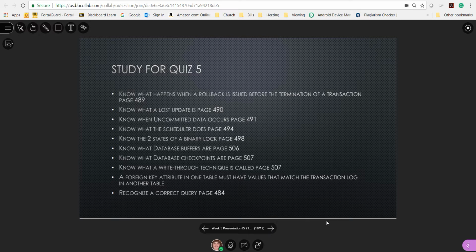Study for the quiz for week 5. Know what happens when a rollback is issued before the termination of a transaction. That's on page 489. Know what a lost update is, page 490. Know when uncommitted data occurs, page 491. Know what the scheduler does, page 494. Know the 2 states of a binary lock,